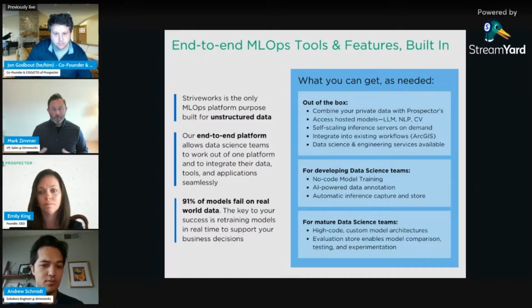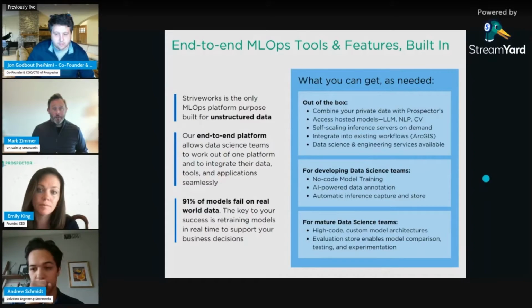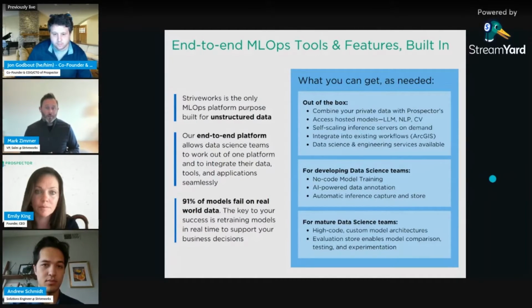In terms of what you get with Striveworks, the key thing to call out here is there's a ton of different types of models: the LLMs, the NLP functions, computer vision, and the ability to combine the data that Prospector already provides you from publicly available sources with all of your legacy enterprise data that may be sitting in a bunch of different formats, and extract insights from that.